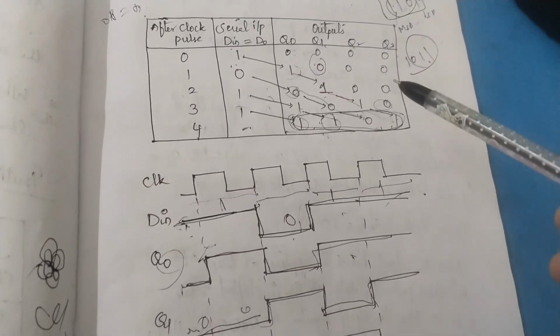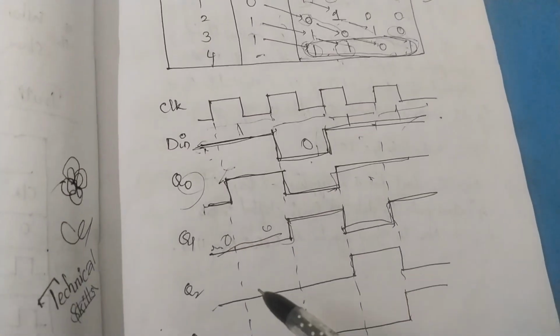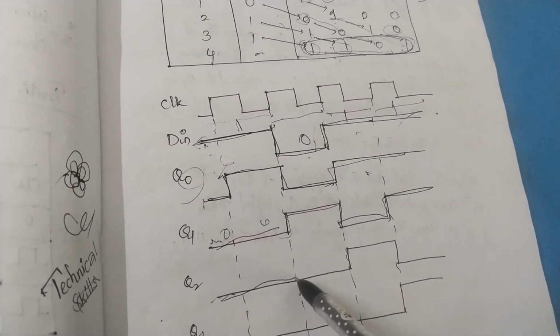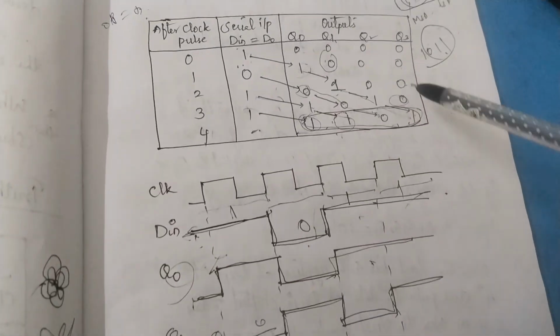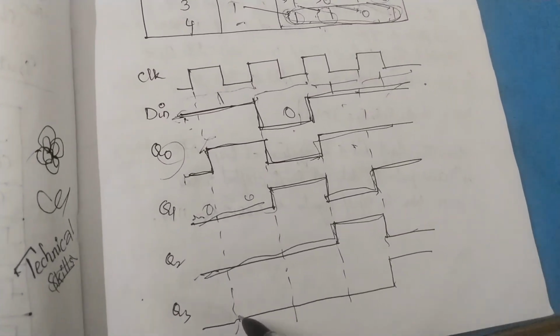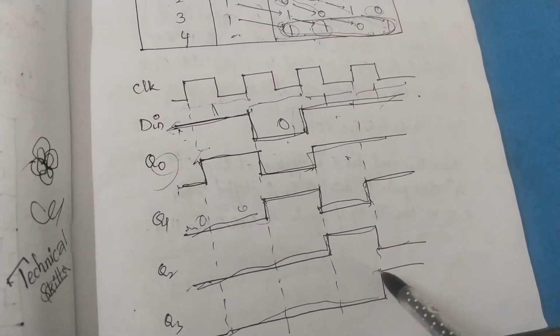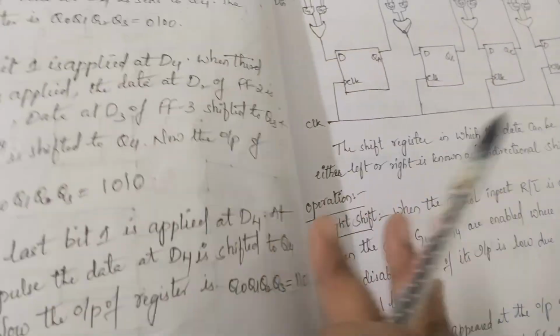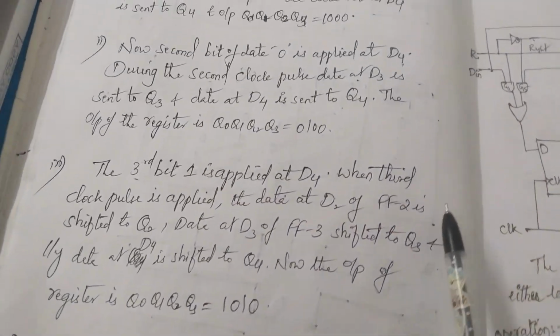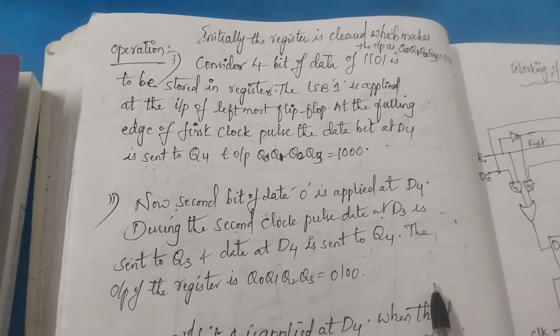Next we have Q2. What is the status of Q2? 3 zeros, then 1 0. This is 0 0 0, and next 1 0, and finally Q3 we have 4 zeros and 1s. So 0 0 0 0, and finally it is 1. So this is the timing diagram of the 4-bit shift right register, and you have to explain it simply by mentioning